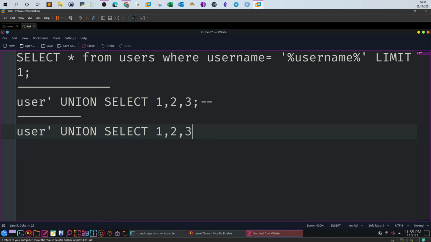Of course, you can use SQLmap, but it's always a good idea to understand the manual method, since sometimes you have to enumerate on your own, and the tool itself, just like SQLmap, may miss that the application is actually vulnerable. So: union select 1, 2, 3, where, so we're going to use the where statement, database, like,